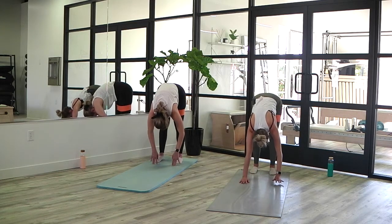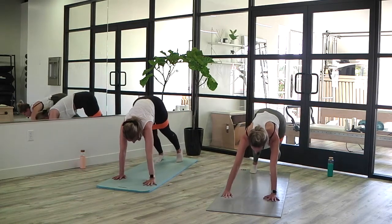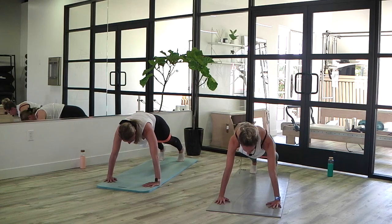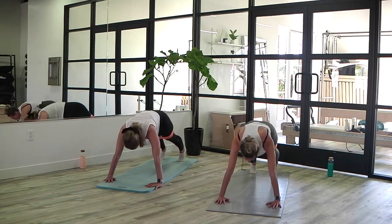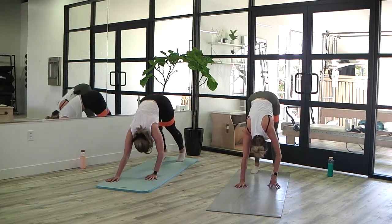And then we're going to walk those hands out nice and slow, coming all the way out into our plank position. So if you want to come down to your knees here, you can. Otherwise, we're going to take just one push-up on those hands. You can go wide or narrow, dropping your chest down, press it up. From there, you're going to send your hips back up towards the ceiling, walk your hands all the way back